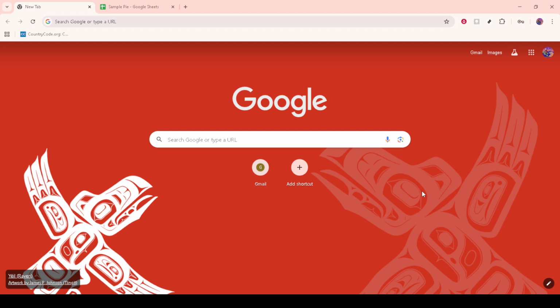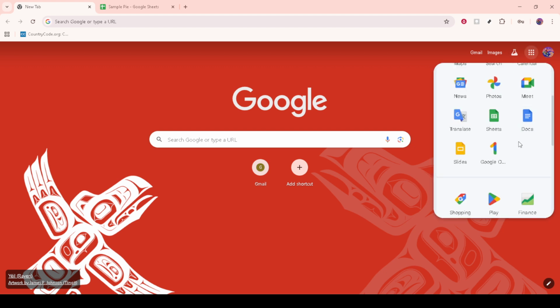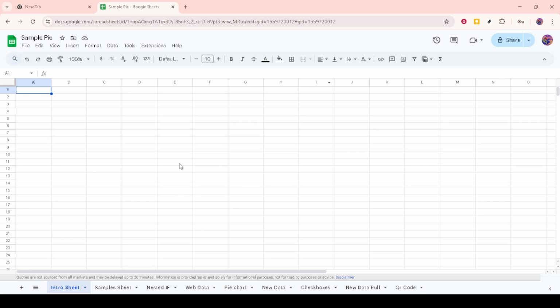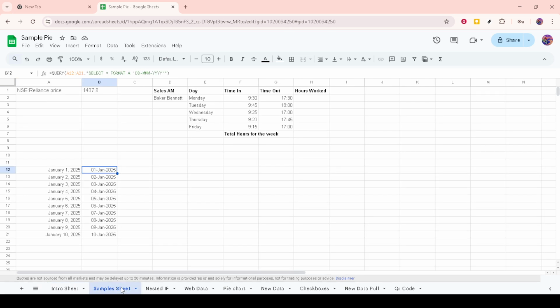First, you need to open a Google Sheet. If you don't have one already, you can easily create a new spreadsheet by heading over to Google Sheets through your browser. Once you have your Google Sheet open, navigate to the cells that contain the dates you want to change. Next, it's time to select and highlight the date or dates that need reformatting.